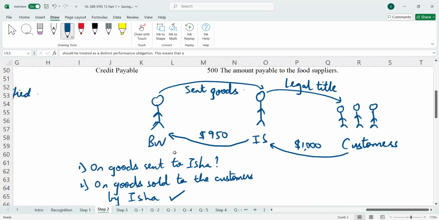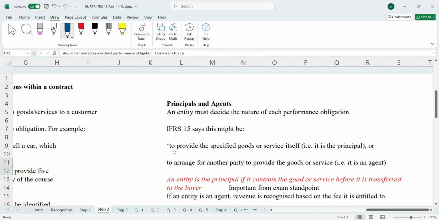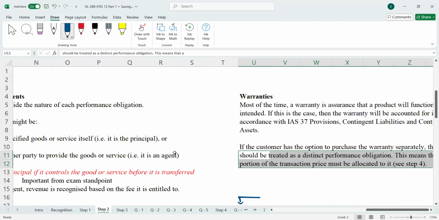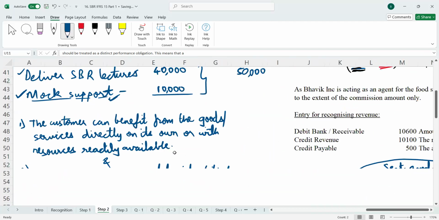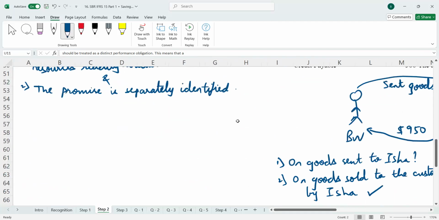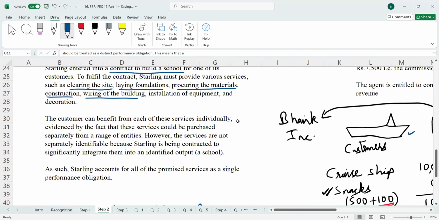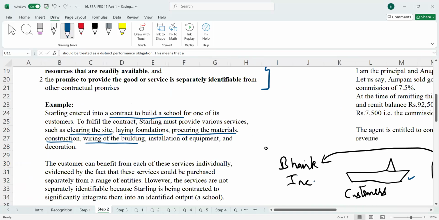We are done with principals and agents. We are done with warranties. You'll have to scroll the notes to the right hand side. I have tried to put all the content for a particular step on one slide only, or else it would have become